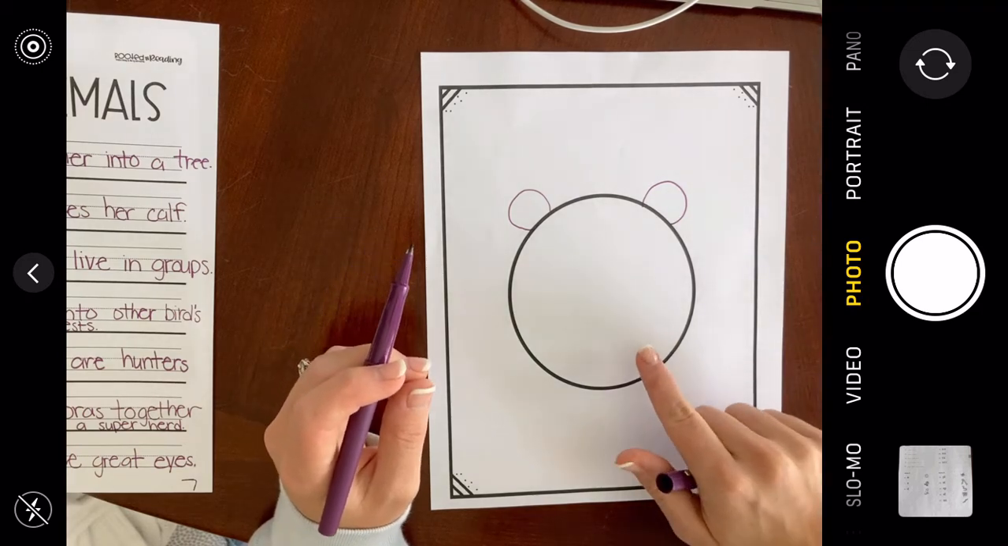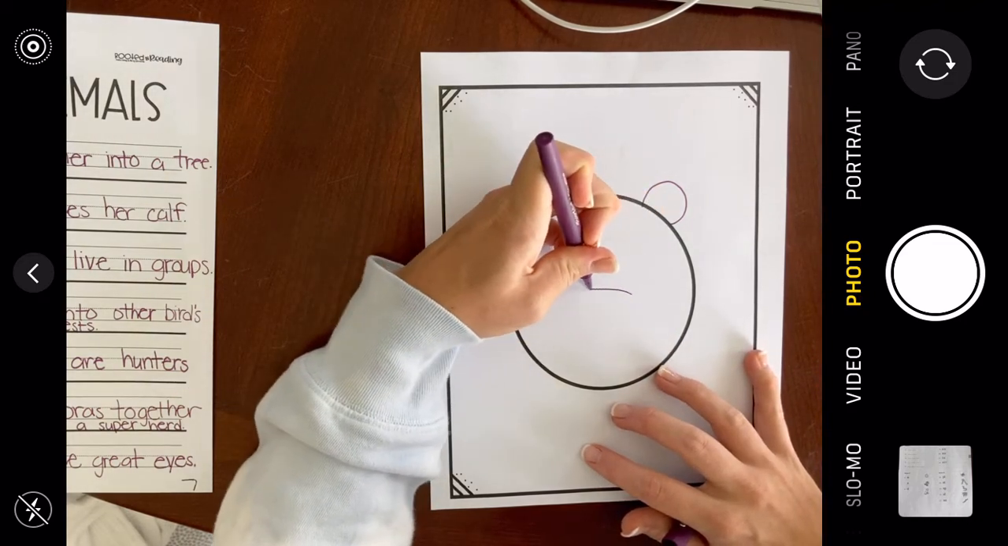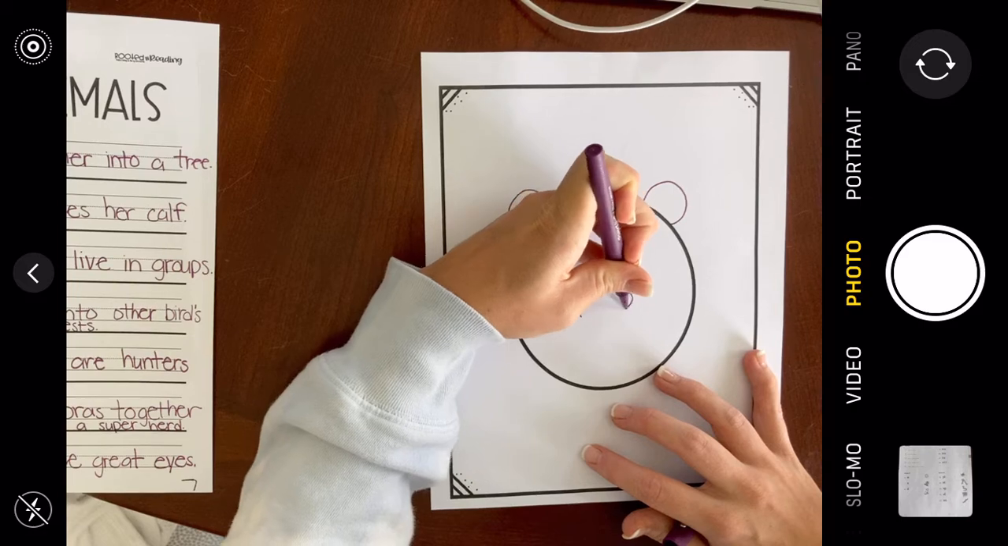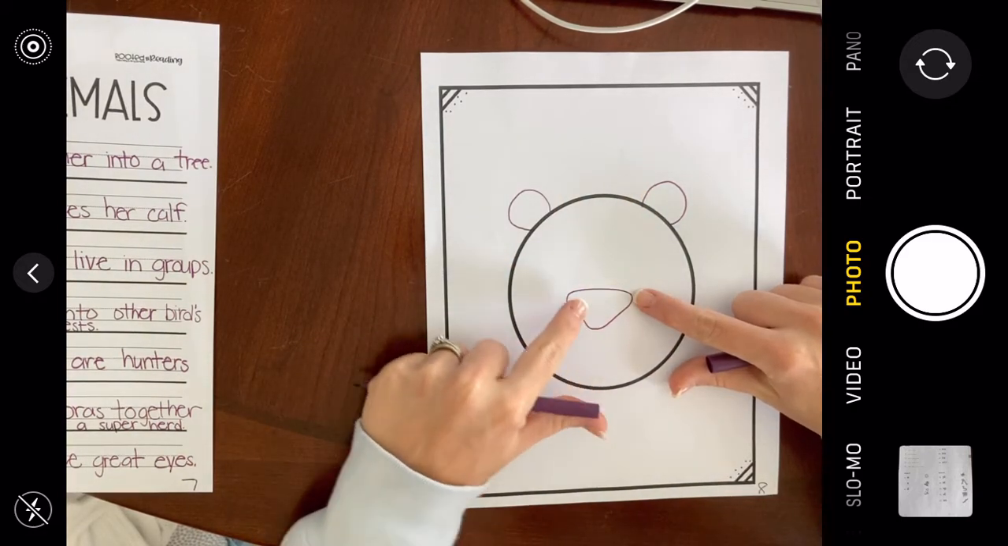All right, next I'm going to draw a nose in the center of the face. So the nose kind of looks like an upside down triangle. But its sides, or its corners aren't really pointy. They're kind of